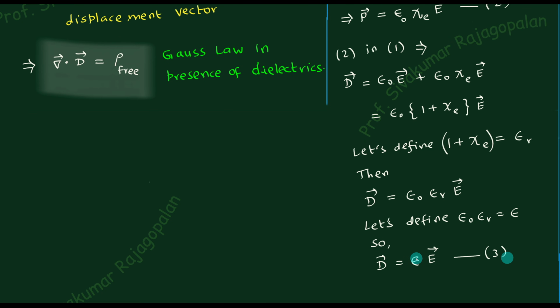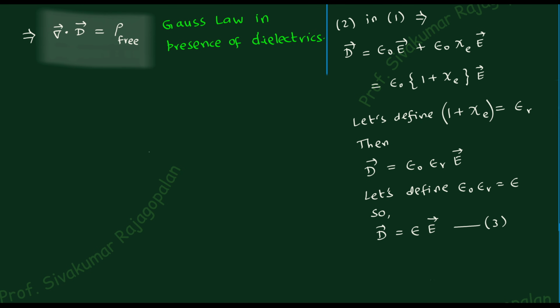But when you are writing like this, you have to be careful to write it as a product when you are simplifying. Otherwise, you may forget. But when you write like this, it looks like a much more compact notation. That is the reason. And once again, the point to be noted is that all these things are coming because of the linear region only. In the non-linear region, this is not valid. So the point has to be emphasized.